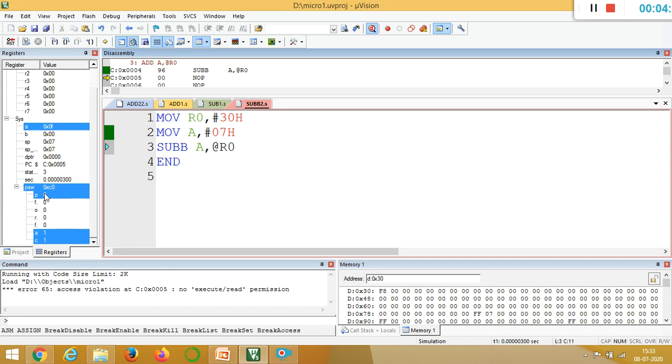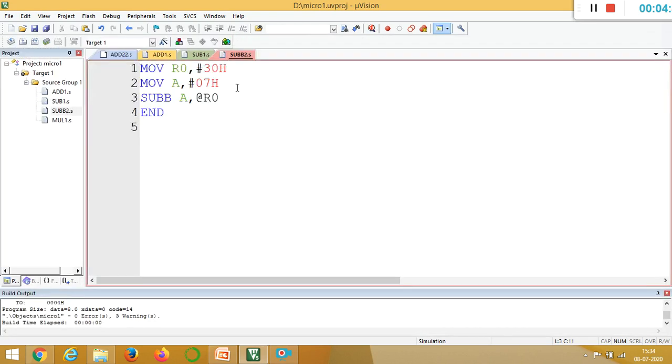Okay. So that's why the parity is 0. Then you can check whether this carry is carried out with further subtraction. Yes, you can do it. So I will add one more instruction below subtraction, that again same instruction, sub A comma R0. I'm going to repeat the same instruction so that whatever the carry is generated after executing the sub A comma R0, that has to be taken while executing the second sub instruction.